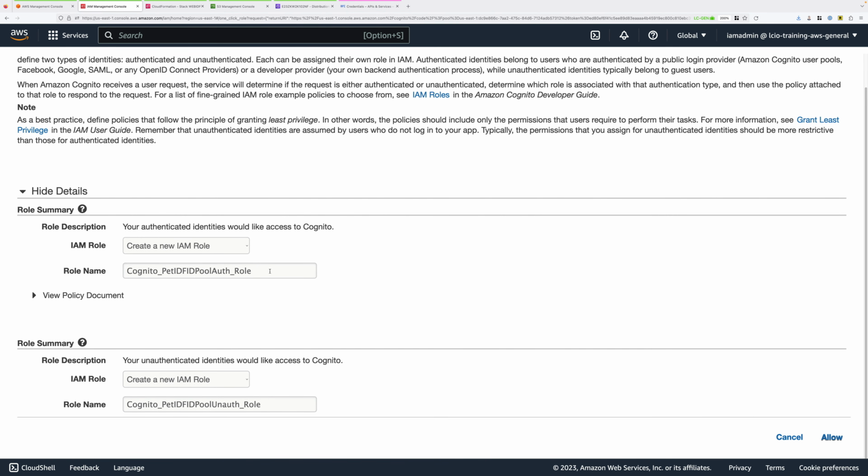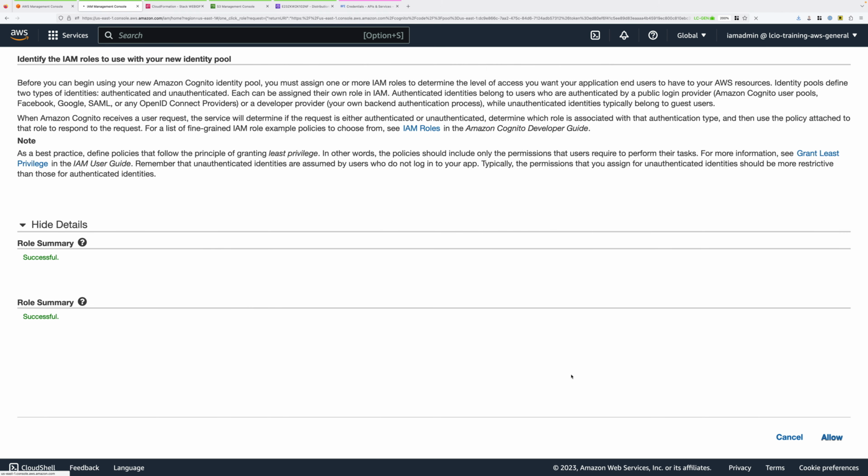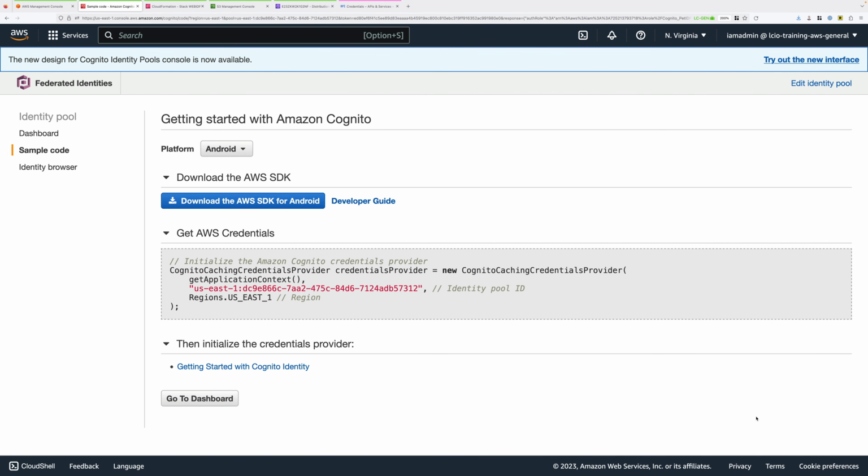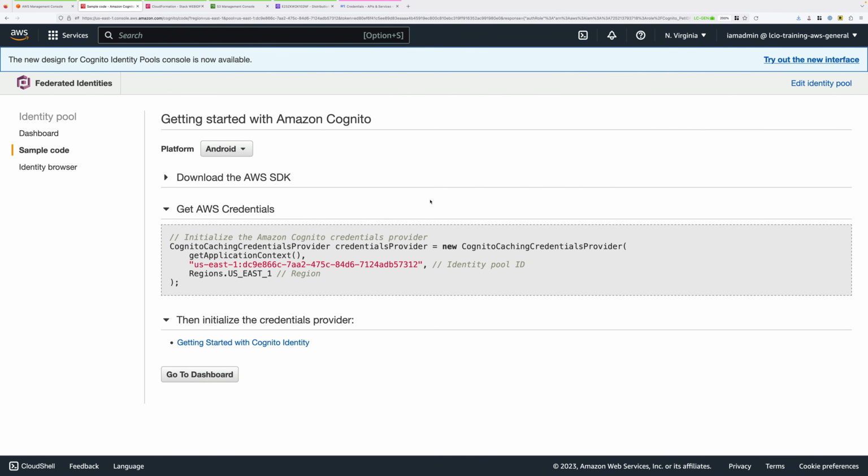We have a role if we're using authenticated users and we have a role if we're using unauthenticated users. Now it's only the authenticated users that we care about, so we'll be focusing on this role. We'll be updating the configuration of the role later. At this point, just go ahead and click on Allow to create these roles. And if everything's worked as expected, you should be provided with an identity pool ID. It's this that's highlighted in red on my screen, so just copy down between the speech marks and note this down somewhere safe. Once you've noted that down, you can go ahead and click on Go to Dashboard.